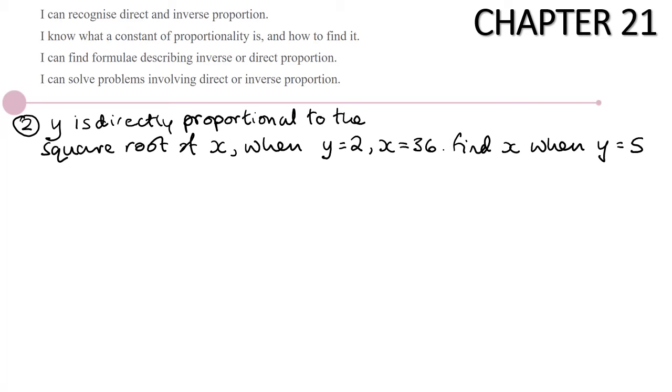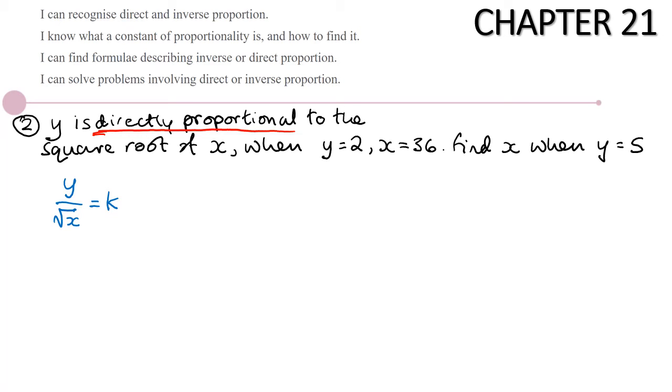Right, here's another example. It says that y is directly proportional to the square root of x. So this is about dividing. When y equals 2, x equals 36. Find x when y equals 5. So the first thing is that because it's about dividing, I know that y divided by, now it doesn't say x, it says the square root of x, I'll write that down. So y divided by the square root of x is always going to give me the same number